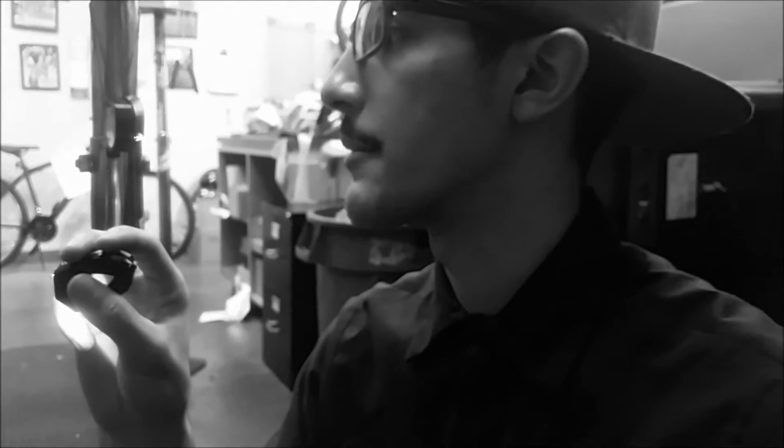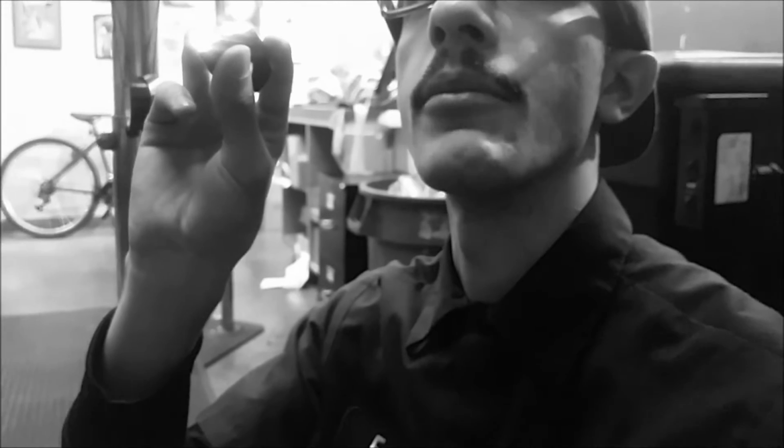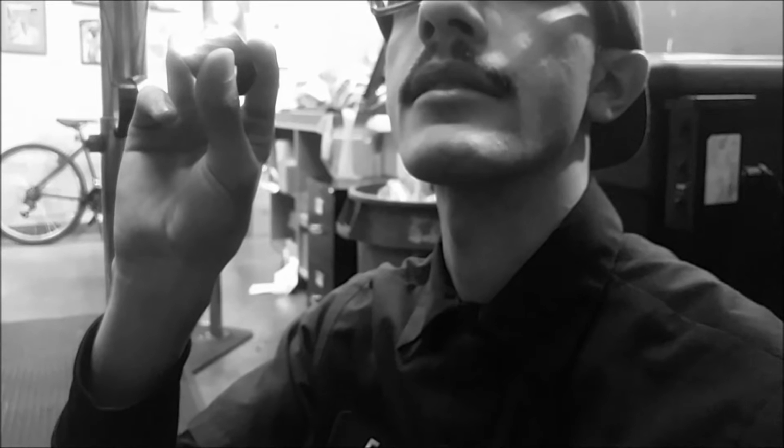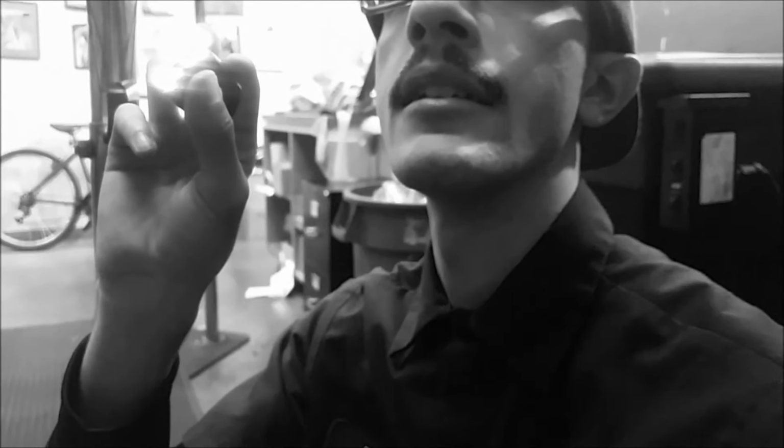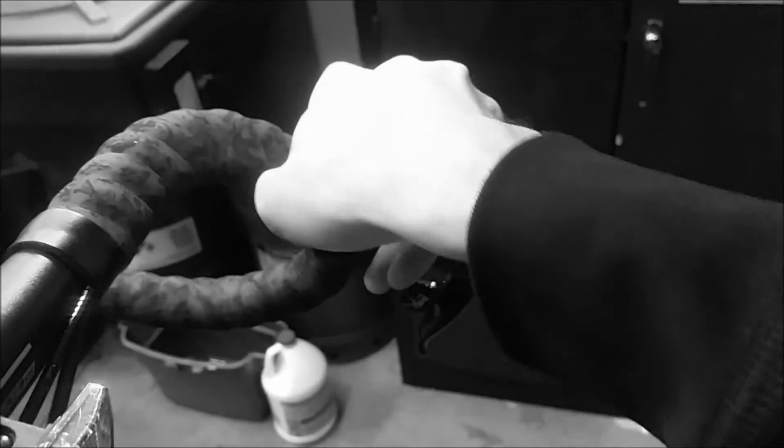Another issue we came across with this kind of system is that we were having big trouble with the front derailleur cable, and the process you would usually use to reroute a new cable is basically the same as with any other system. But one thing we noticed is that if you pull back the hood,